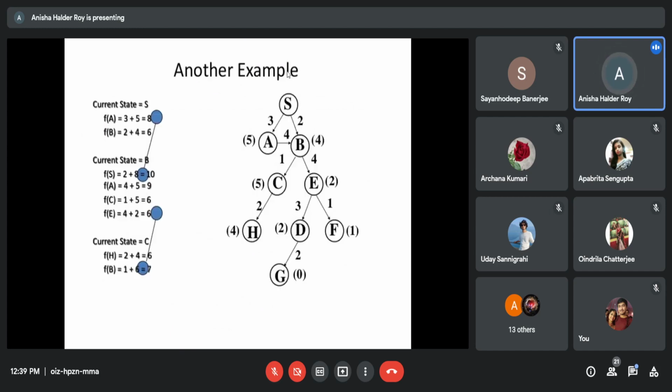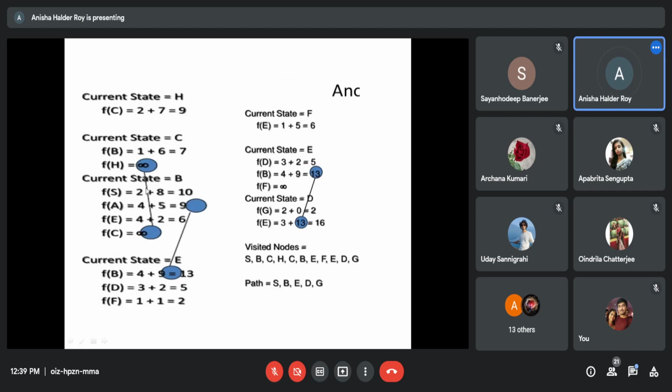One tree type example is there here. Here is the tree. Goal state is G. S is the starting state. So same, just like A-star. Here these nodes have been shifted actually.